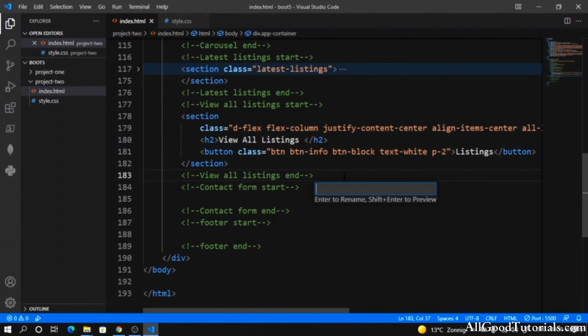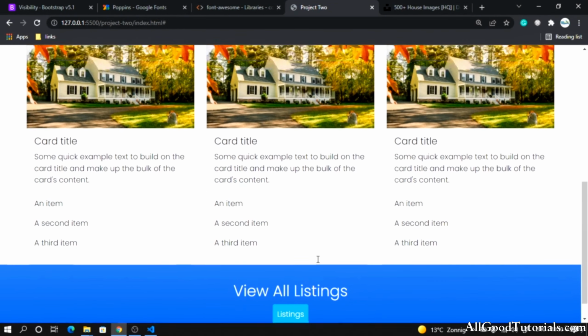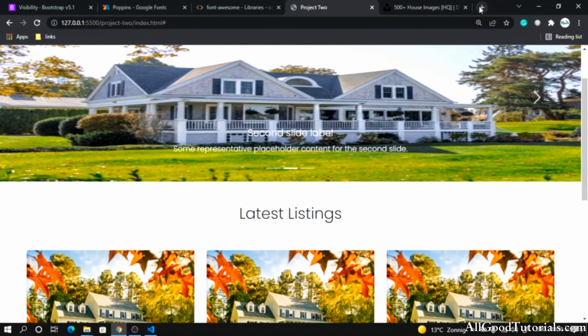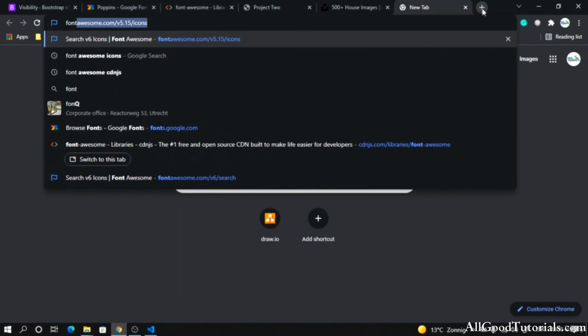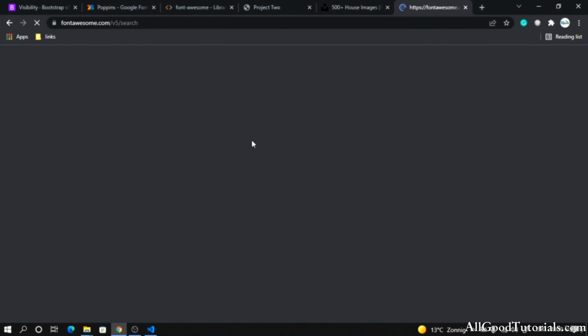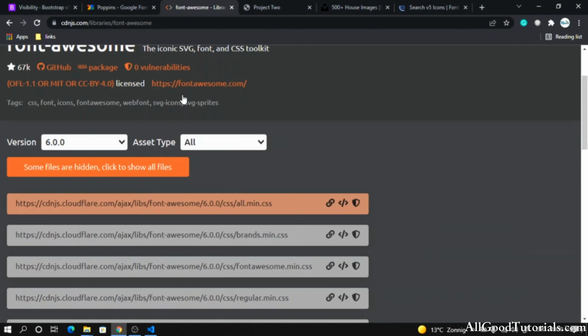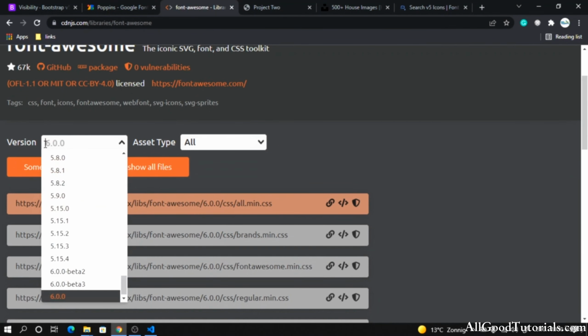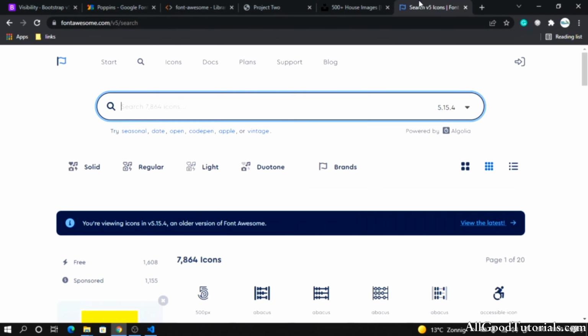Thank you. Welcome. Now let's go ahead and add the icons that we chose. Like we are using Font Awesome. So let's apply some icons here. So here we have our website. What I will do is go to the Font Awesome website, and as we are using the CDN Font Awesome version 6, we have to also go to the website and go for version 6 here. It's 5 point something. So select 6,